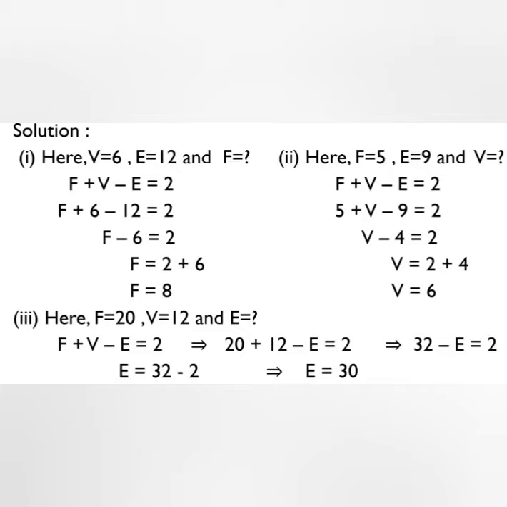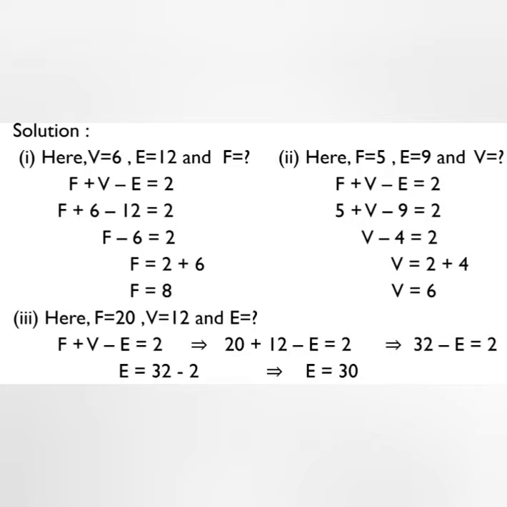Now here already one table is given where from faces, vertices and edges, any 2 are given and you have to find the third one. So you please copy that table in your CW. I have only given the solution. So for solution, first it is given that vertices are 6, edges 12, and you have to find the number of faces. Let's use Euler's formula to find the number of faces.